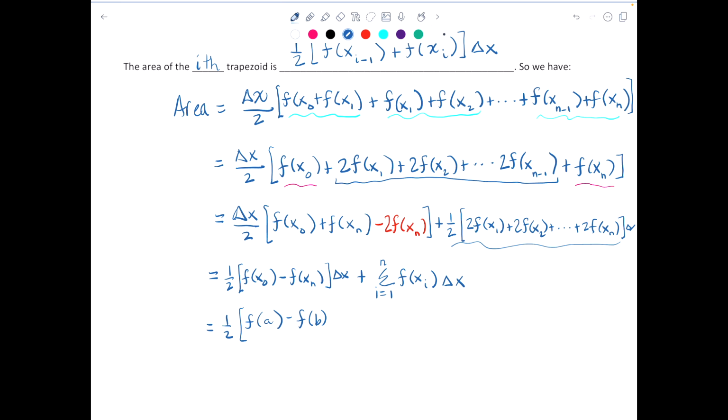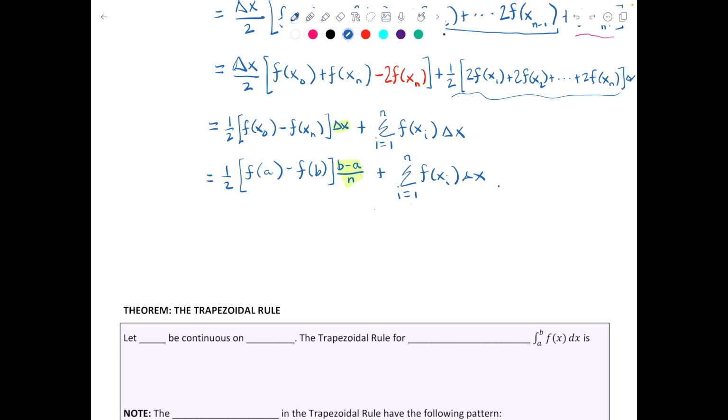And then we're going to multiply it by b minus a over n. That's our delta x. And then we will have plus the summation as i goes from 1 to n of f at xi times delta x. Groovy? Now the last thing we need to show is that the limit as n approaches infinity of this whole thing